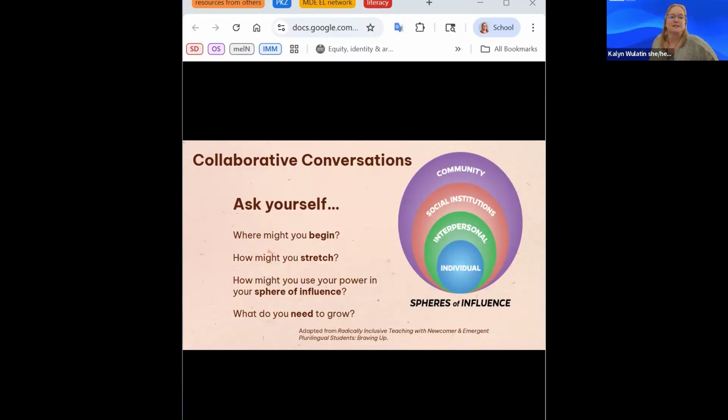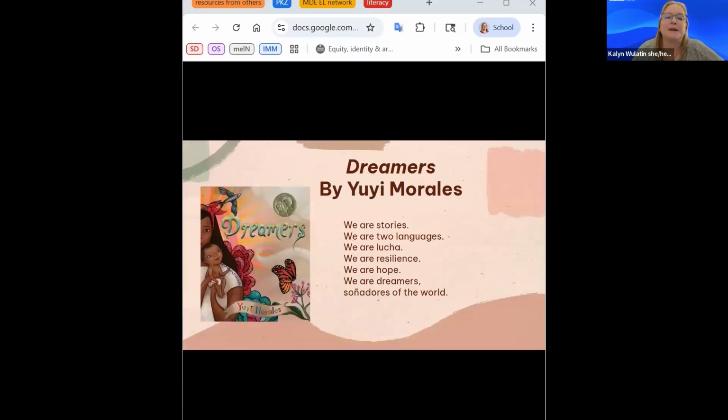Is there just even one person at school who you could begin talking to about this and maybe making some plans with, or some goals or some next steps? How might you stretch? How might you use your power within your sphere of influence? And what support might you need to continue this journey and to grow? I just want to end